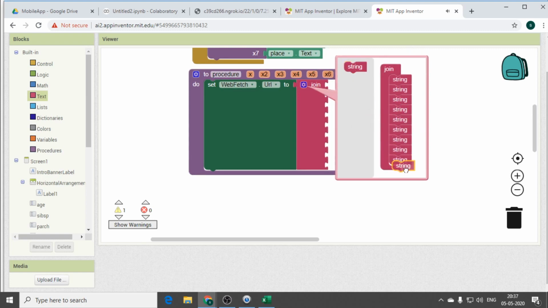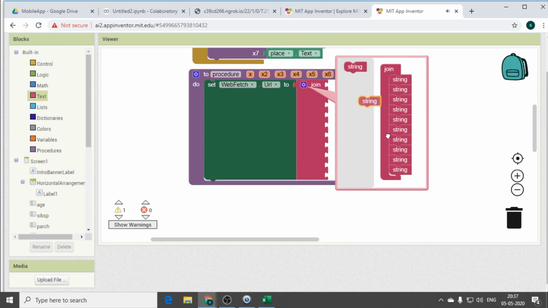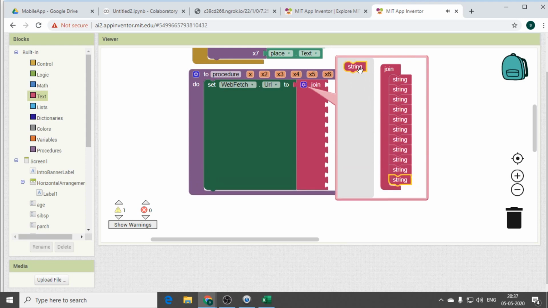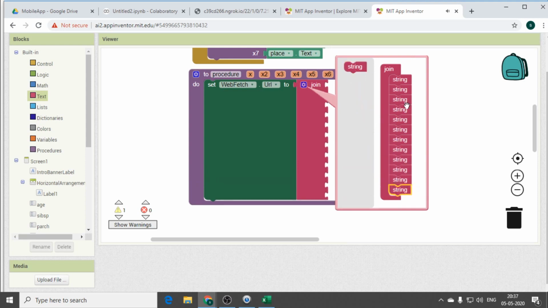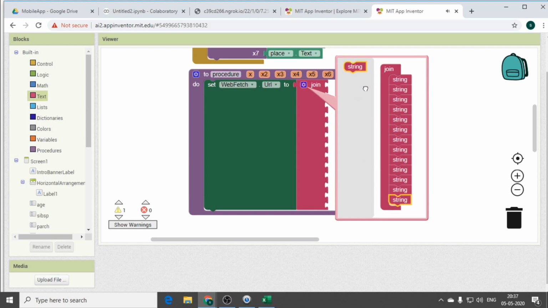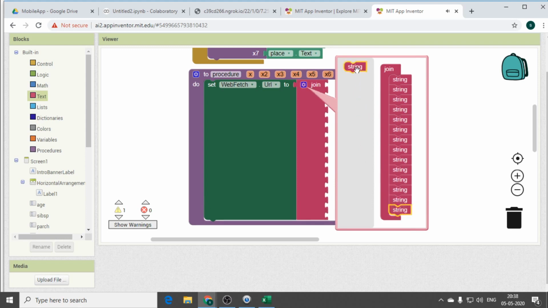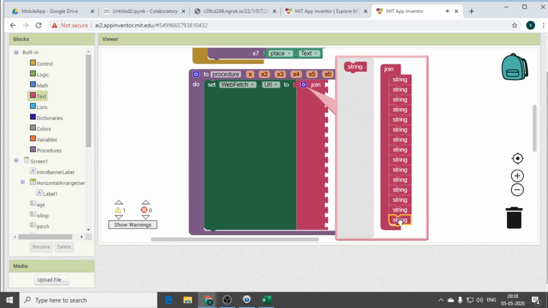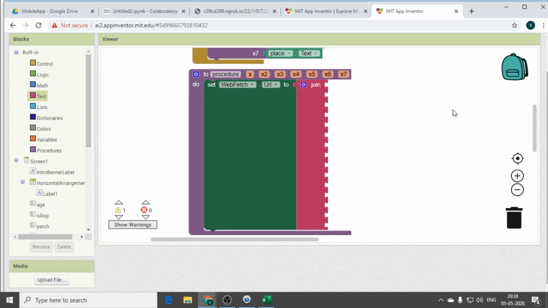I need to add 15 because 7 categories are your input and 7 slashes, because you are trying to navigate each and every slash. 13, 14 and 15. Yes, so that is your 15 inputs here, because you need to map each and every data.